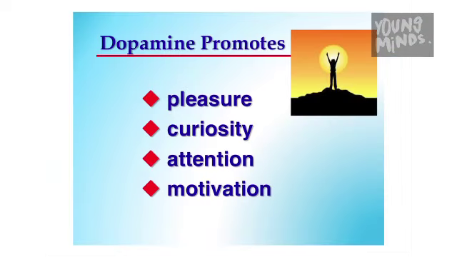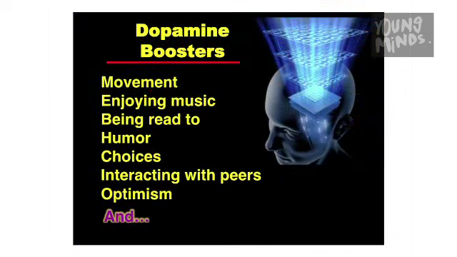Let me show you with the little dopamine detour. It's one of those neurotransmitters. There are 200 in the brain, and it's best known for what it does at the synapses. But let's talk about what happens when there's increased release and what makes it released. When dopamine levels are increased in the brain beyond just doing their job, you get some pretty good things: curiosity, pleasure, attention, motivation. And dopamine boosters that I'm comfortable with in neuroscience: movement, being read to, enjoying music, choices, interacting with peers, optimism. But the biggest boosters, most powerful stimulators,